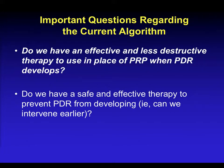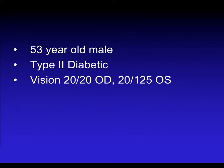And I'll give you some anecdotal evidence, some secondary evidence from clinical trials, and also some evidence from randomized controlled clinical trials that are looking specifically at this question. So here is an anecdotal case. This is a case that came out before any of the recent clinical trials, and this is a patient of